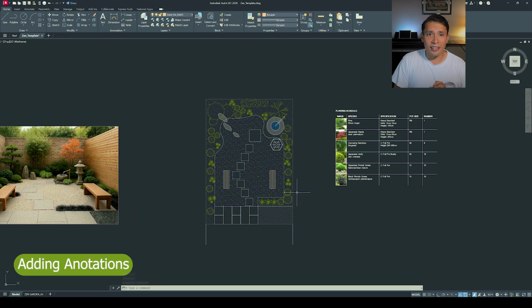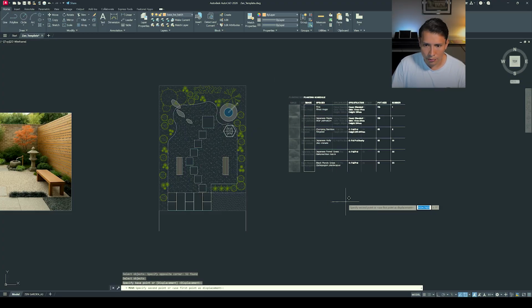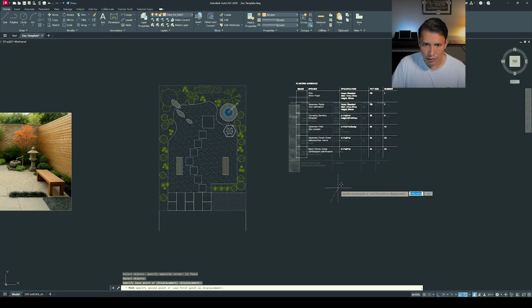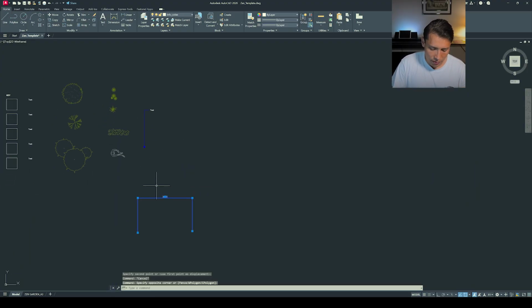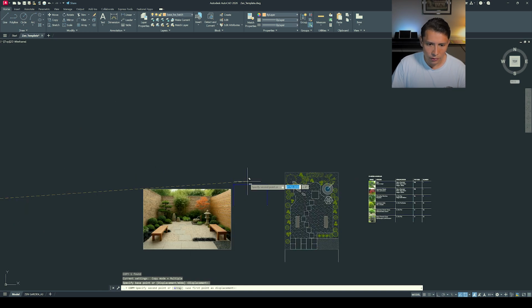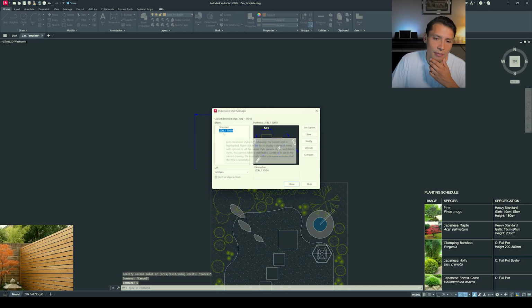Now let's take this to the next level. Let's start adding some annotations and also the labels for the plants. So first I'm going to move this table a little bit to the right, somewhere here. For my template, I have these dimensions here, so I'm going to bring this dimension up to this point, and I'm going to type dimension style. I'm going to select my dimension Zen_1 to 50 because we're going to present this garden at 1 to 50